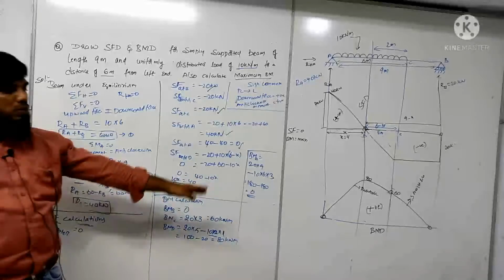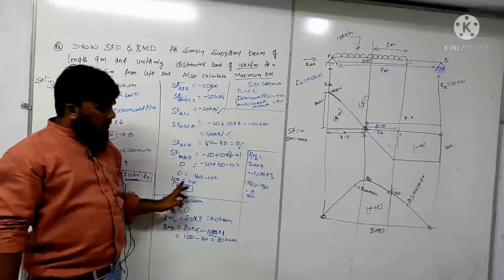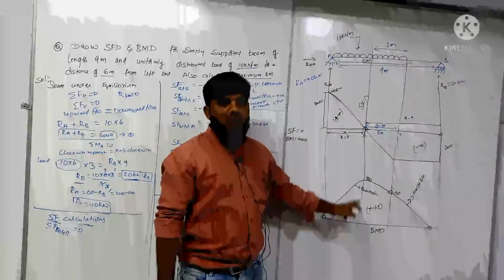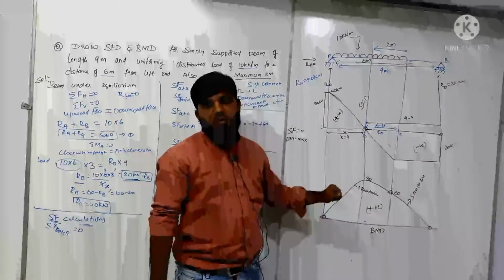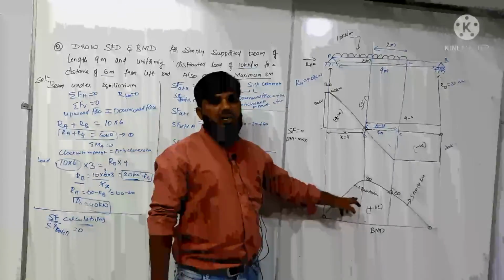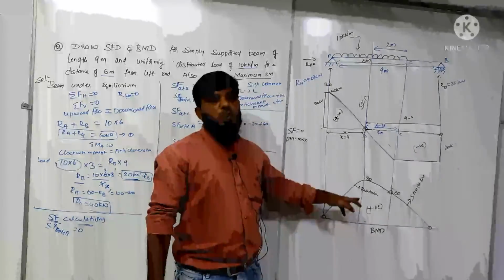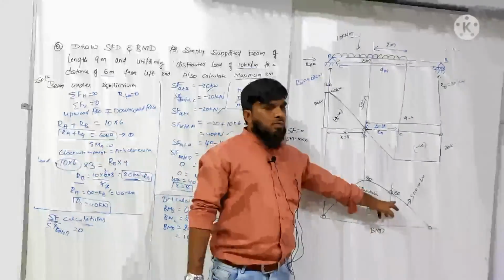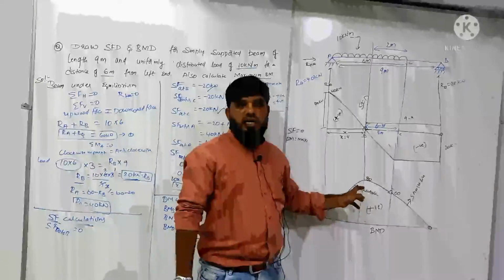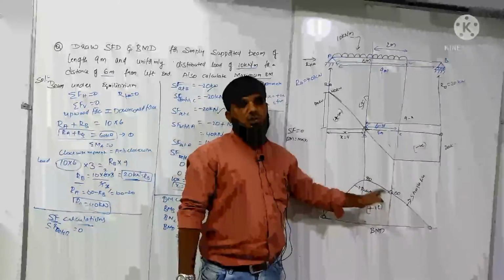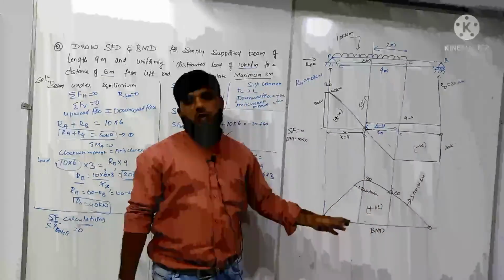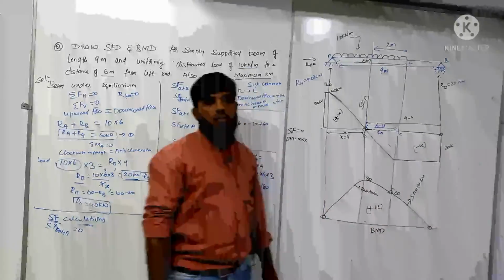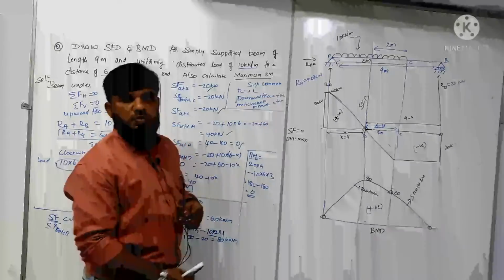If you even check the values, if I don't know this point D, what will we do? We will directly join this point with 60. What will happen? You will lose your highest bending moment value. Because of that, your beam will fail at that load. You will assume that your maximum bending is 60, but whereas it is 80, you will apply some other loads. Because of that, your beam may fail. To avoid that, we try to calculate the maximum bending moment. Okay, clear?